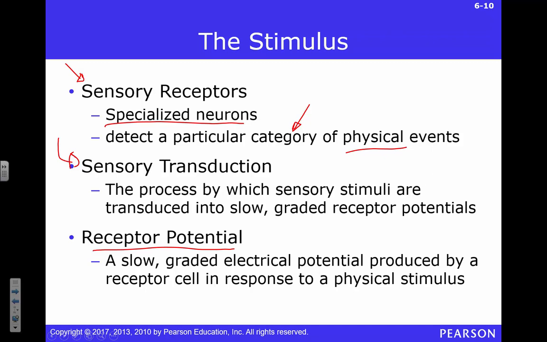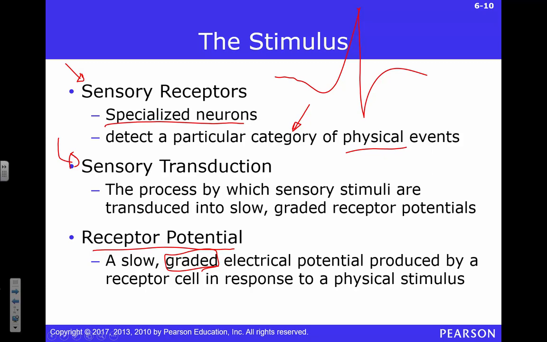So, the receptor potential is a little bit different, right? These are what we call graded potentials. If you remember, that action potential was an all or none event, right? We were cruising along and then all of a sudden, wham, we've got us an action potential. That's the end of the story, right? There was no way once we started that action potential to stop, okay? It was an all or none event.